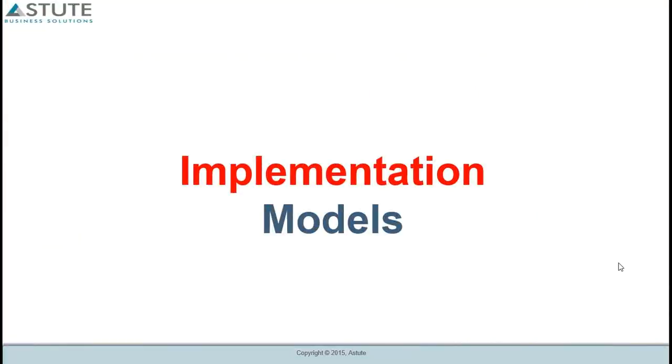Let's now take a look at what options you have when it comes to implementing the solution. Thank you, Tanvi, for the demo. This is Arvind again. I'm going to go through a couple of slides, not more than 2 or 3, to talk to you now about how you can implement PTF and FastTest. If you're interested in getting some best practices and learnings from our other successful implementations, or at the end of this meeting, if you would want to talk to some of our customers to understand what their experience was and how they benefited from this, then feel free to contact us through the web, and we'll be happy to respond to you.